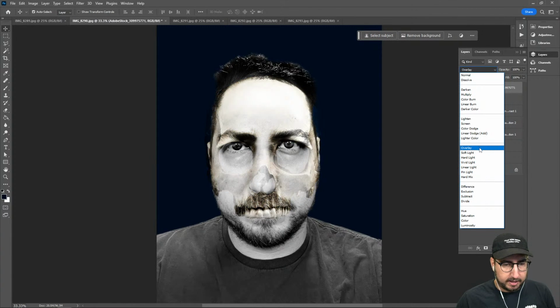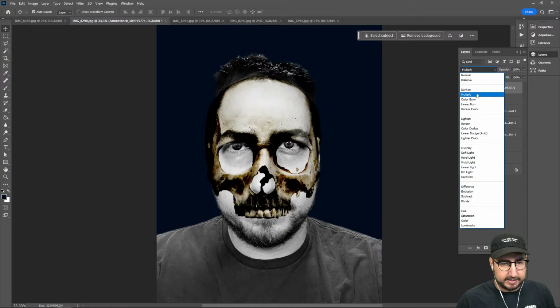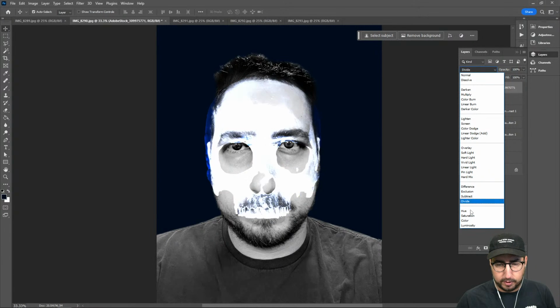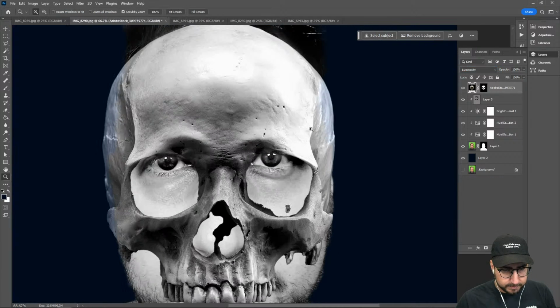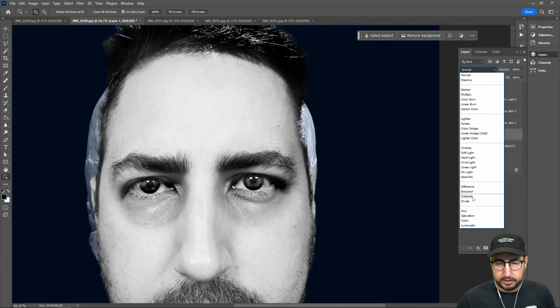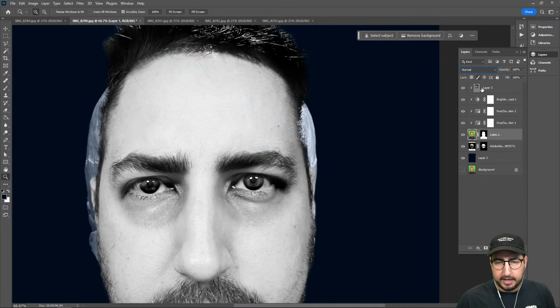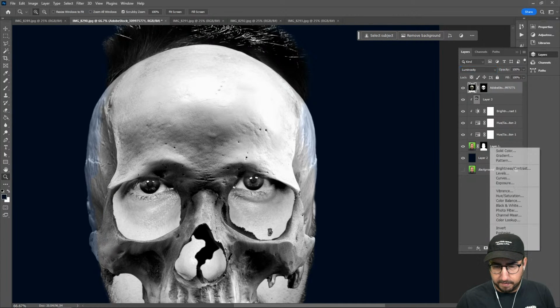We do want to kind of just get a little bit of that edge so that I can pull it through. And it looks like the color is not exactly what I want it to be. So I'm going to change to luminosity. And then we also are going to just increase some of the contrast here. So as you can see, let's see what happens if I change this down. It's going to start pulling in some of those edges. I think I just need to work on the contrast here to see if we can get a little bit of a better look. So I'm going to go to